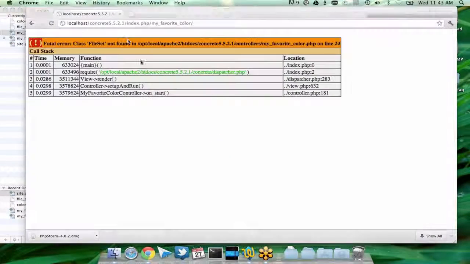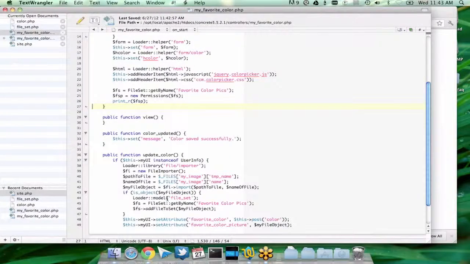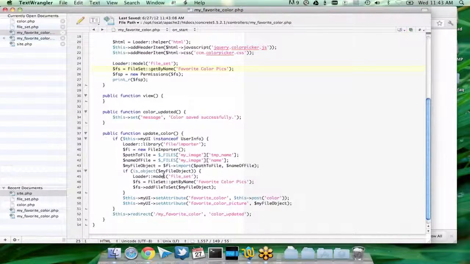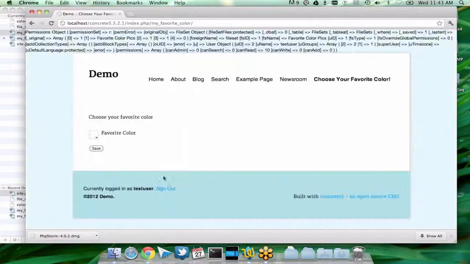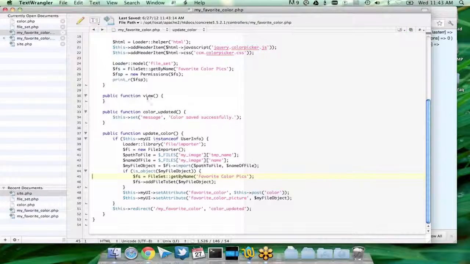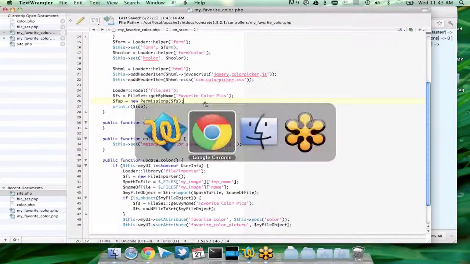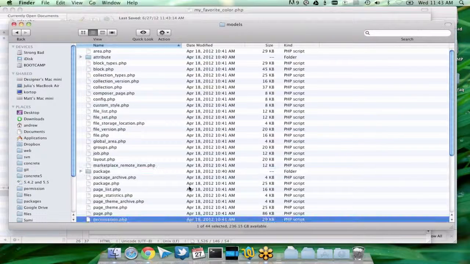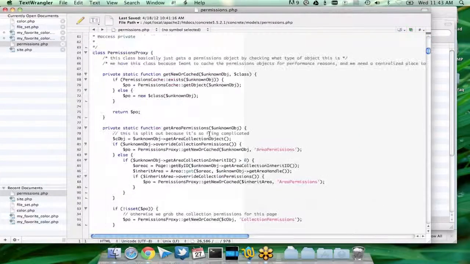Oops. File set, class not found. That's because I have to make sure that I load up my model for file set. Since it's running in onStart now, I can remove it from over here. So now you'll see I have a permissions object. And the permissions object is kind of generic. This is all being refactored in a much nicer way in the next version of concrete5, but these should all still work. If I open up my permissions object,